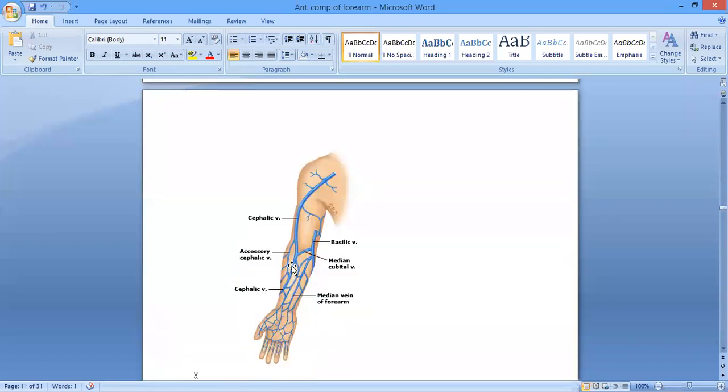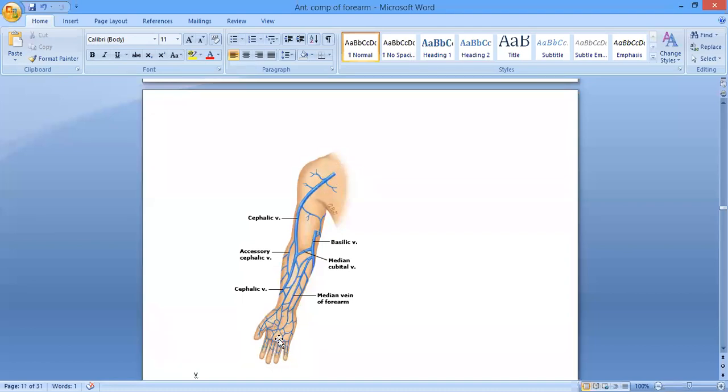Okay, here you can see it is ascending upwards, running on the lateral aspect of the biceps muscle, and near the shoulder it turns medially, right? And it runs in a groove. Which groove is it here? We have talked about it already. The deltopectoral groove. So it runs in the deltopectoral groove, reaches the deltopectoral triangle, and enters into the, where will it enter? I told you just now. The axillary vein, okay? It is going to drain, it is going to open into the axillary vein, right?